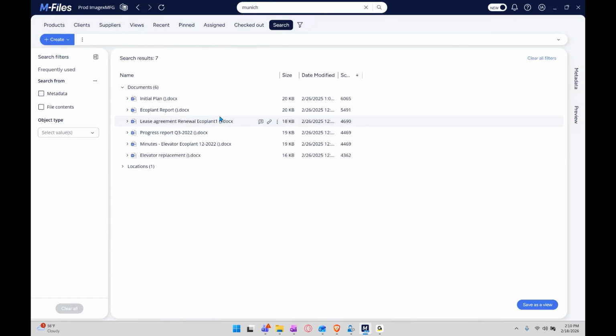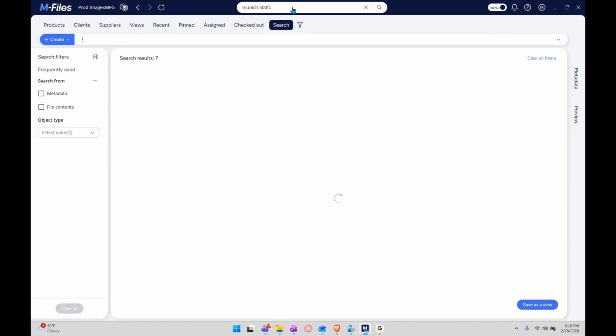So once again, I'm not looking for anything that's in the metadata. I'm looking at something that's in the body of the document. And then if I add in 500DX,